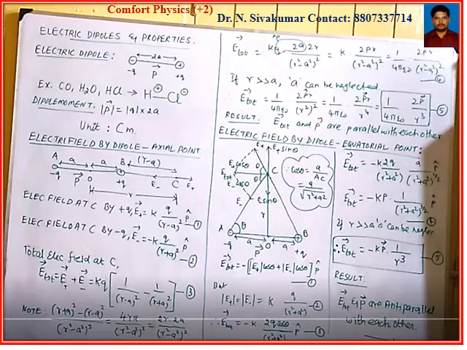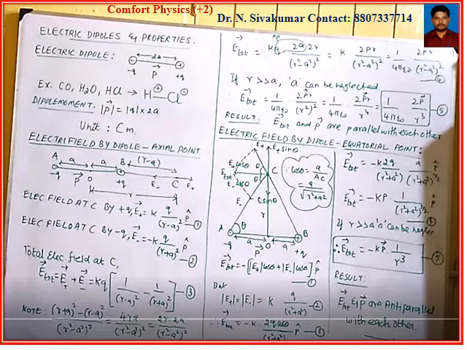But the magnitude values of E plus and E minus are same. Therefore, magnitude of E plus and magnitude of E minus is equal to k into q divided by r square plus a square. So now the total electric field equation becomes minus k 2q cos theta divided by r square plus a square p cap. How is this? E plus cos theta, E minus cos theta, both are of same magnitude. Therefore, we can add as 2E cos theta. Okay. So, 2 is there, and substitute the E plus or E minus value, that is q divided by 4 pi epsilon naught, r square plus a square, and the remaining cos theta.